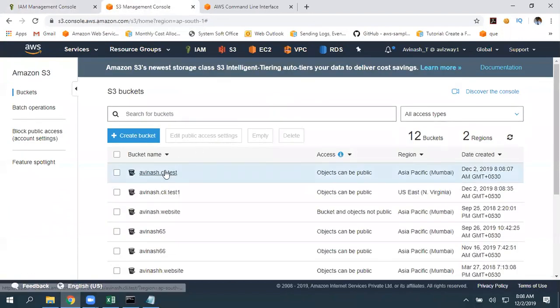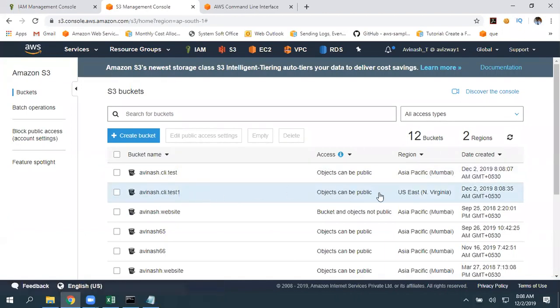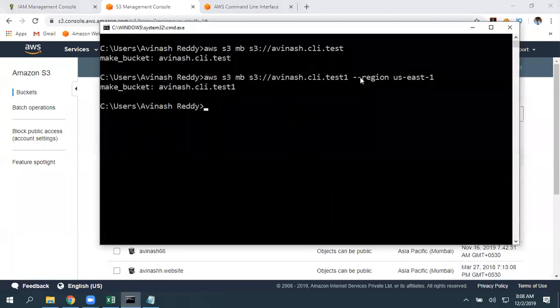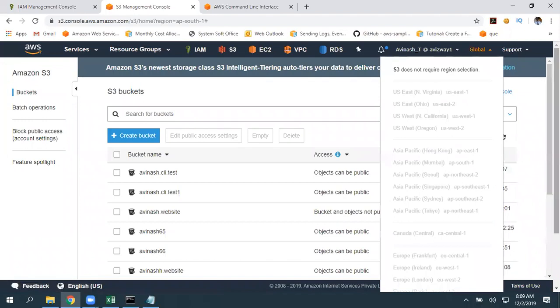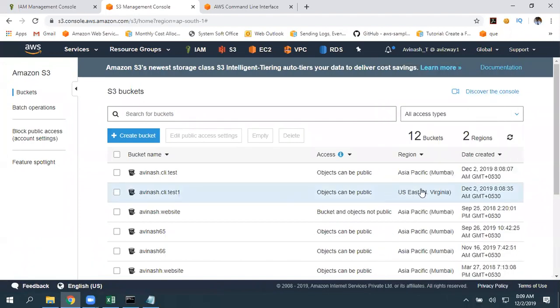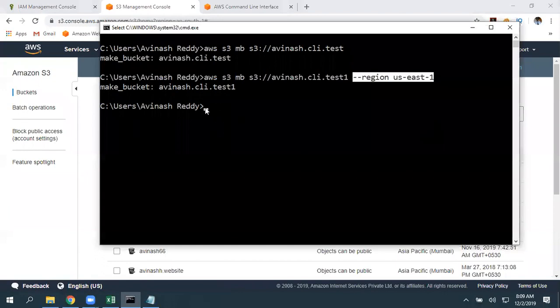So here the bucket got created, cli-test, and it got created in the Mumbai region. cli-test1 got created in Northern Virginia. Why? Because I have given the --region parameter. Then this action is going to trigger in that particular region. Even though S3 is global, I've created a bucket in Northern Virginia. So that is why, while configuring the CLI user, selecting a region is important.